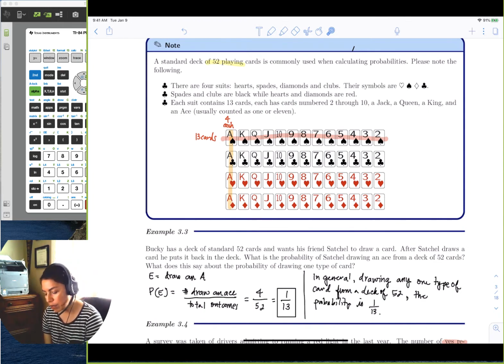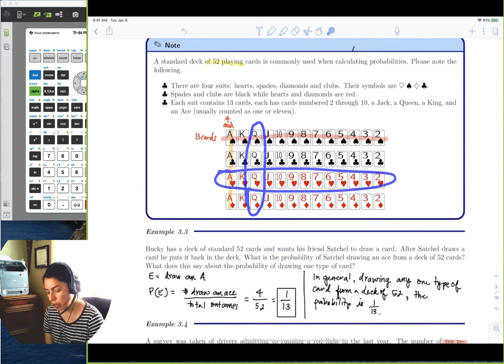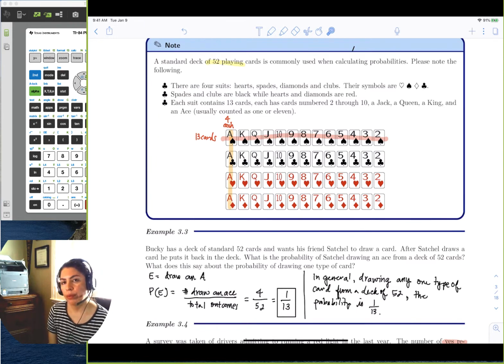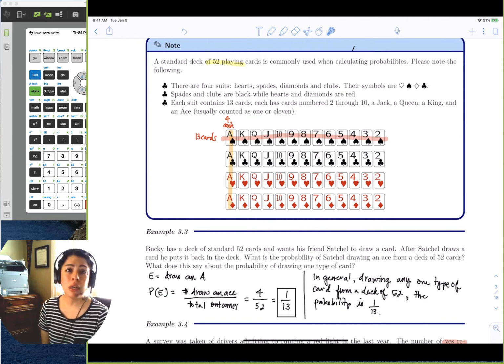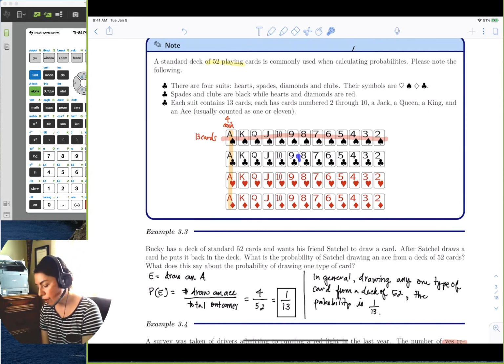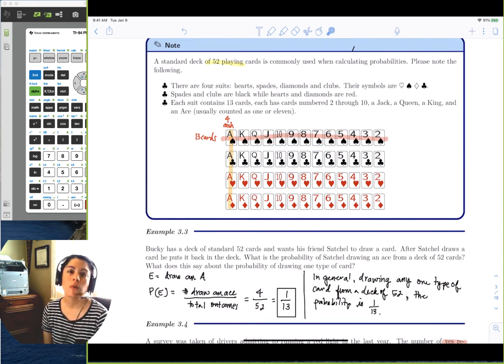But if I said I wanted to draw a heart and then a queen, well, now there's some overlap. With the type of card and with the suit of card, there is an overlap between a queen and a heart, the queen of hearts. So that wouldn't be disjoint because we do have outcomes in common between the heart and the queen. Now, this is for any type of card. Any type of card that intersects with a suit will have